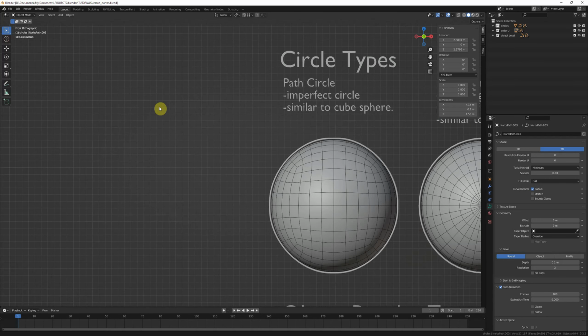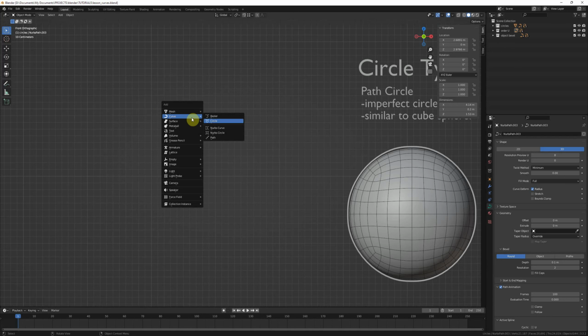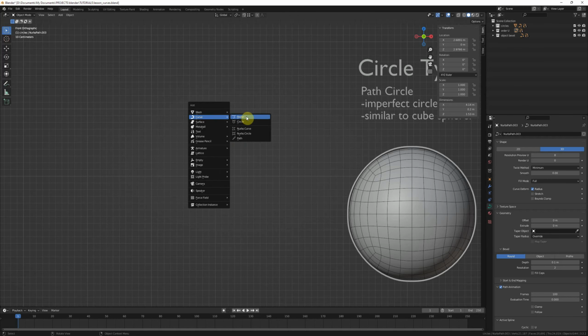So first of all, when I go over the curves, there's two different kinds, basically. We have the Bezier curve and the path. This one, honestly, I never touch it, so I'm mostly just going to explain these two, and even then I'm mostly going to explain this one, for reasons I will explain. So Bezier to start